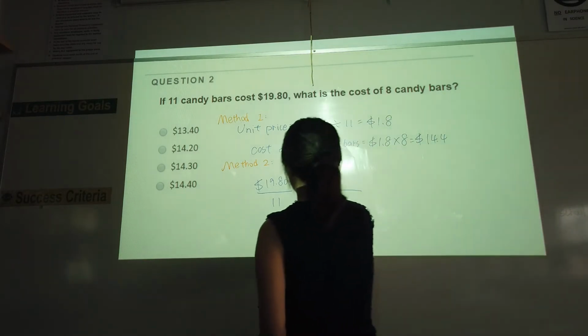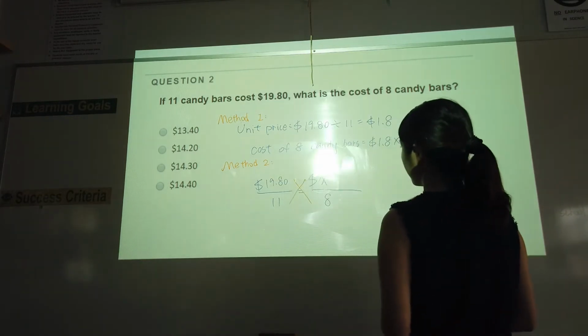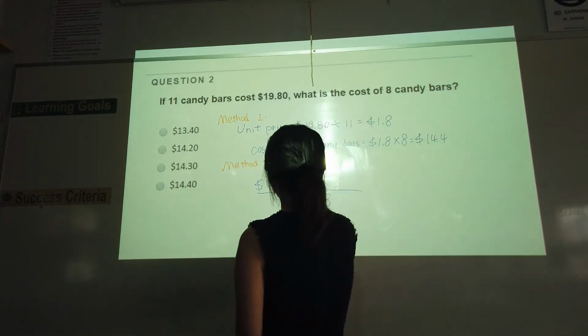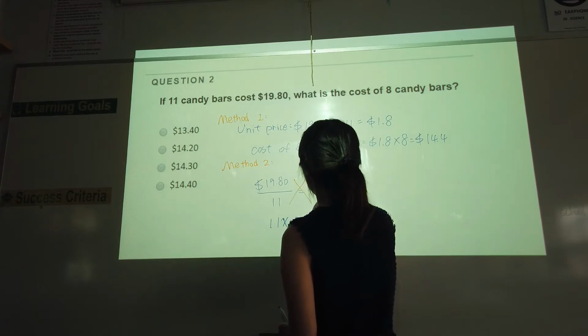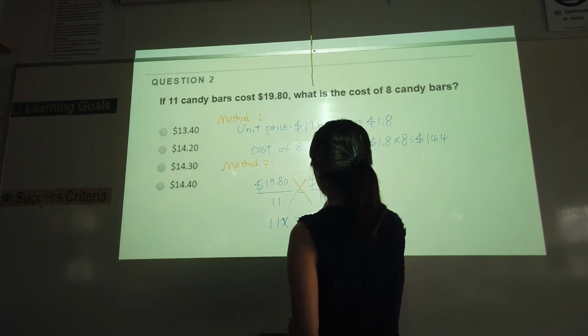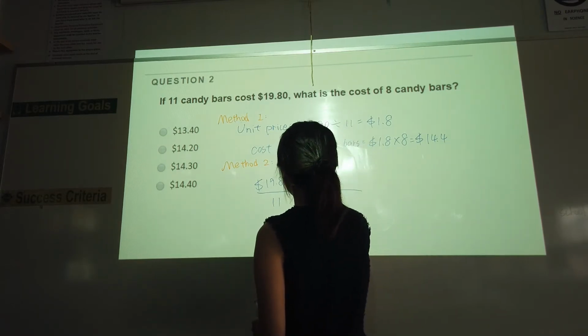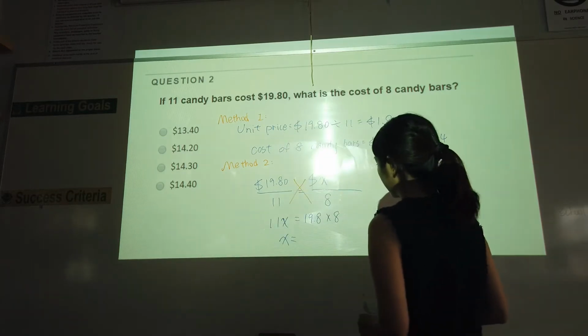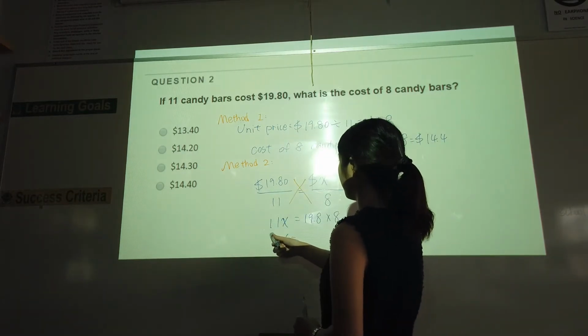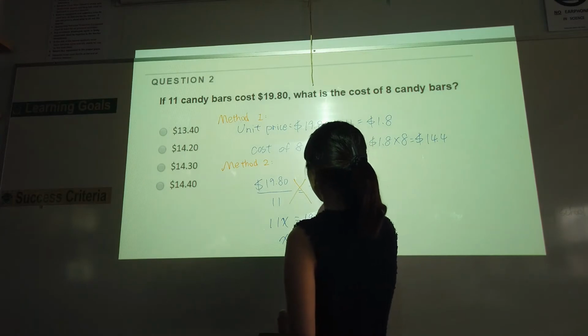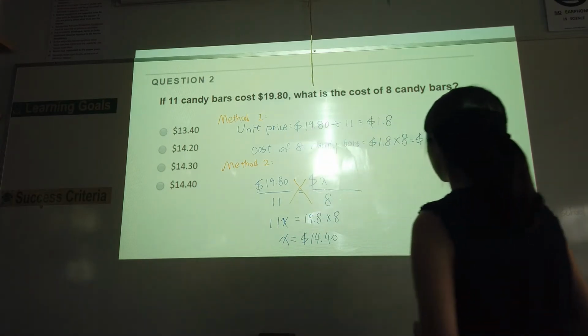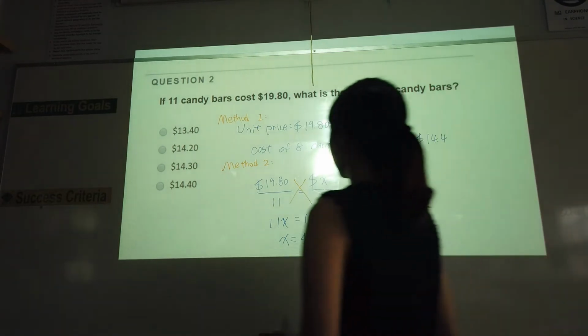Doing cross multiplication, 11 times X equals 19.8 times 8. X equals this number divided by 11, which also gave us $14.40. So the answer is